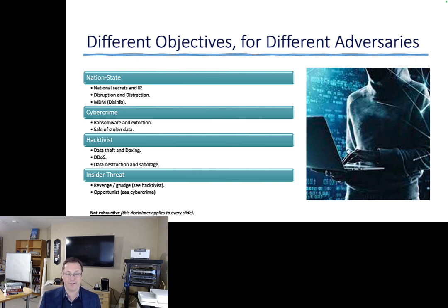You have nation-state adversaries, which is like a country. A foreign country wants to attack a company or government entity or nonprofit or whatever it may be. Maybe they're after secrets and intellectual property. That's what that acronym IP means. It can either be an address on the internet, or IP can also mean intellectual property. It could be to disrupt and to distract. It could be